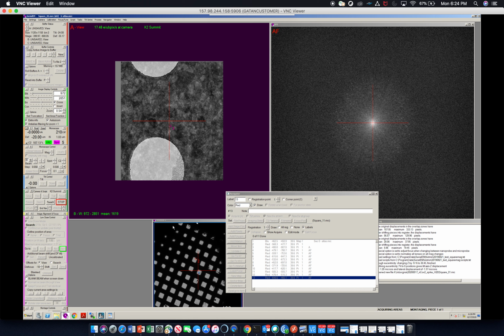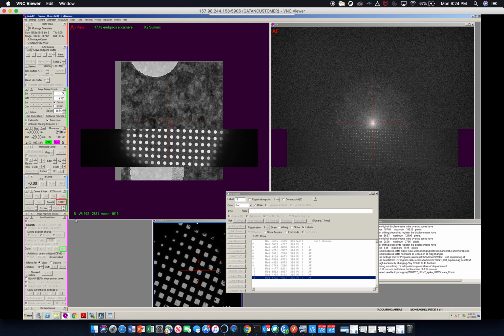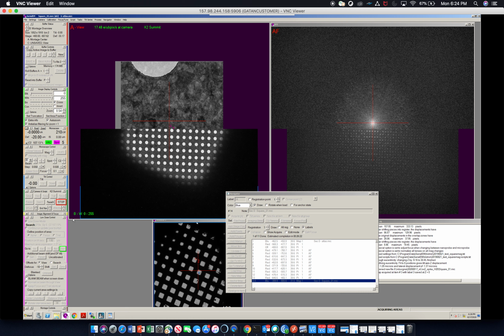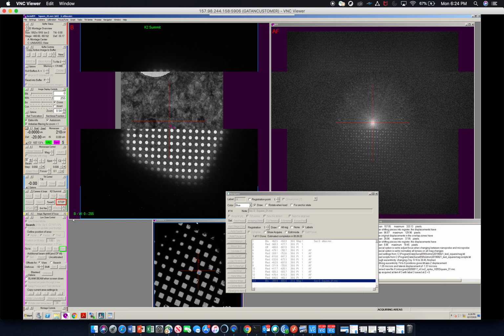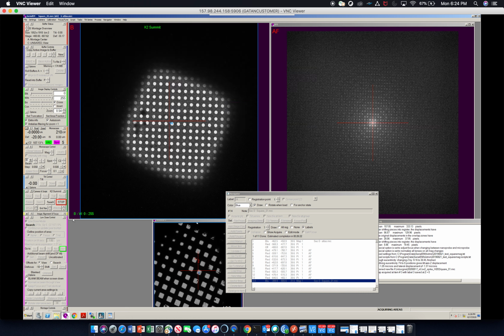Okay, now it's finally taking an image, and we should get back an image of a full grid square. And there we go. So we'll stop there, and when we get back, we will set up an image shift template and a buffer P